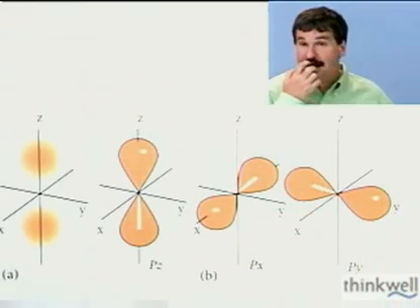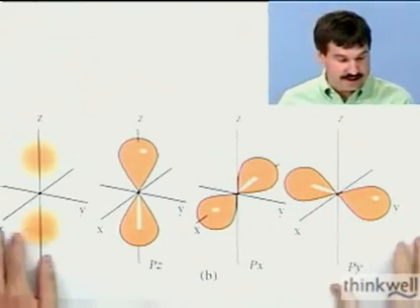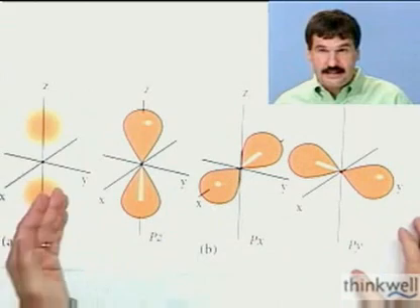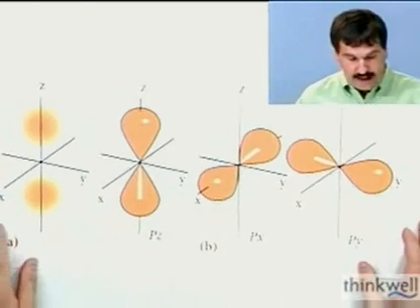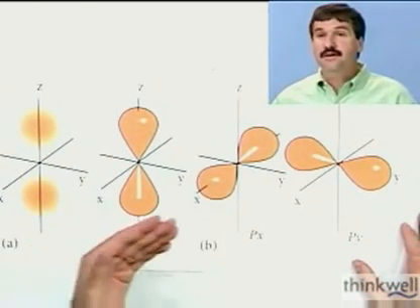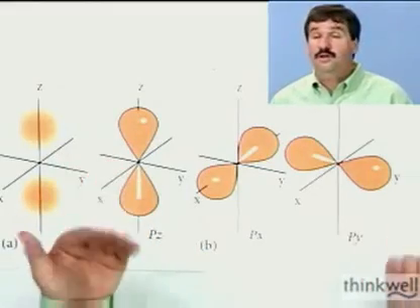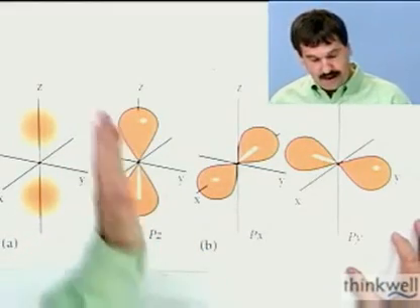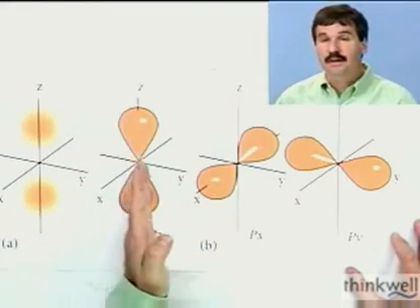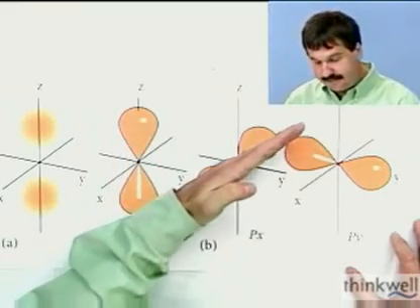Now, remember we had, in fact, 3 different solutions. M sub L could be 1, 0, or minus 1. And indeed, that means there are 3 different p orbitals that we would call 2p orbitals, for instance. And I'll show, here's the pz orbital again, and I'll show you this one as well as the px orbital